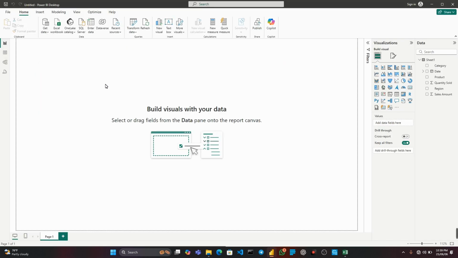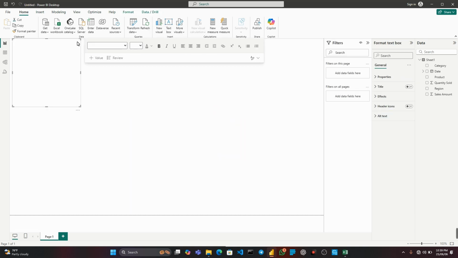Now after this step, we'll go to the creation of our dashboard. Now these are the charts for visualization we are going to be using. These are the tools we are going to be using here to create our dashboard. The very first thing we are going to do here is a text box. This is a text box. You write whatever you want to write here. So we are going to write retail